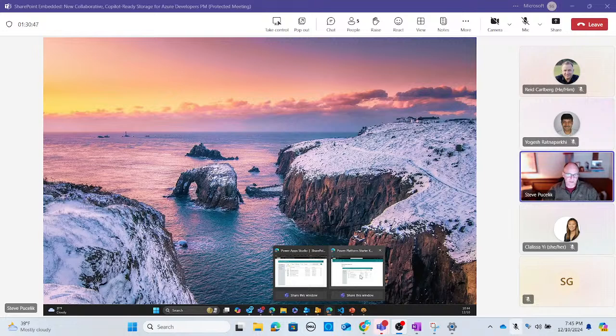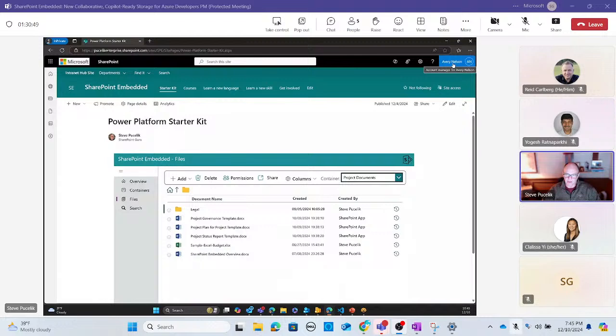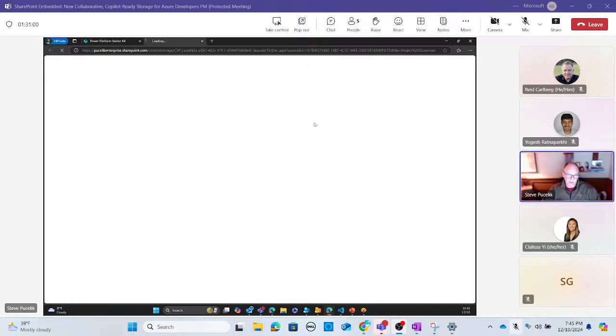So this user is just a normal tenant user, I should say, going into the application, they're navigating to that same container, viewing the same files. But if they open that file, because they're not a creator of the file, now it's still going